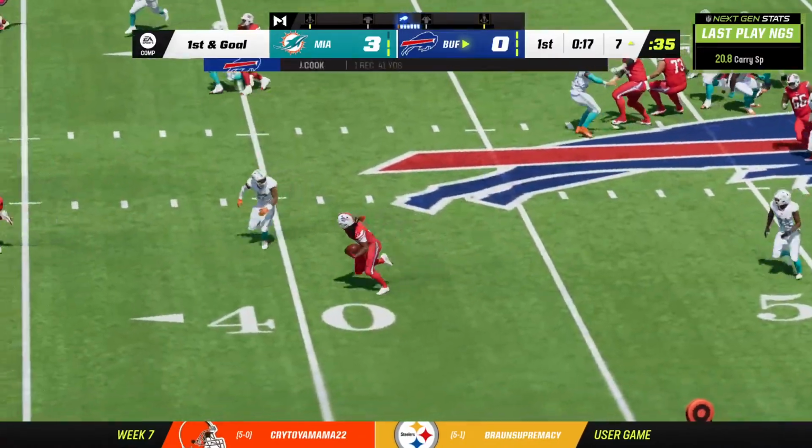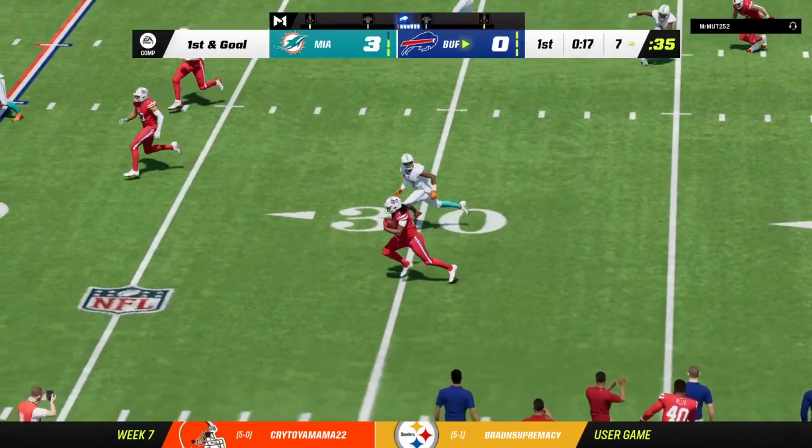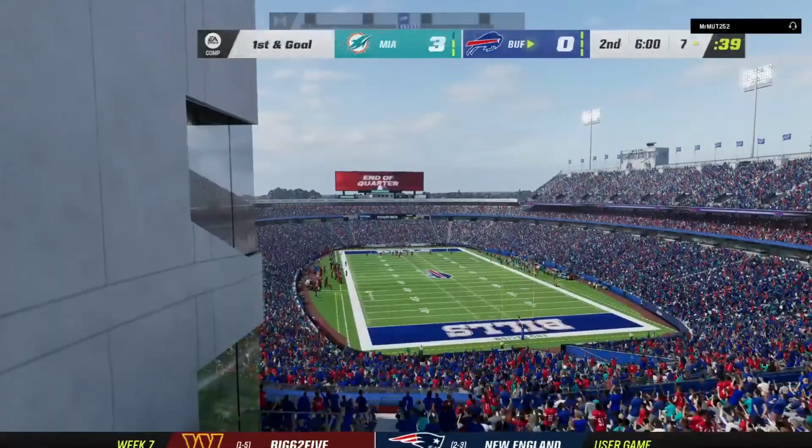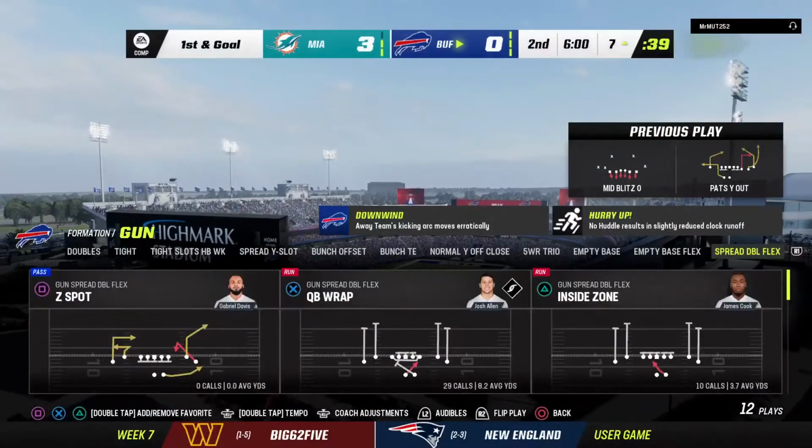I'm not sure this is how they had it drawn out on paper, but this is going to work out for them and then some, right? They've got a big chunk they've got to pick up. They decide to check it down, and he just turns into a pure athlete and makes a huge...